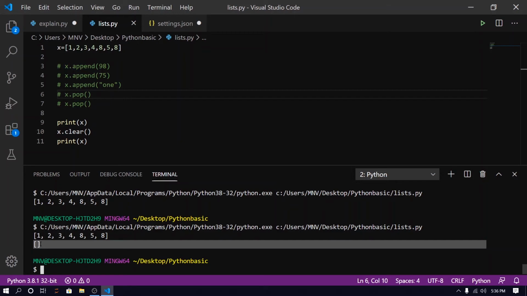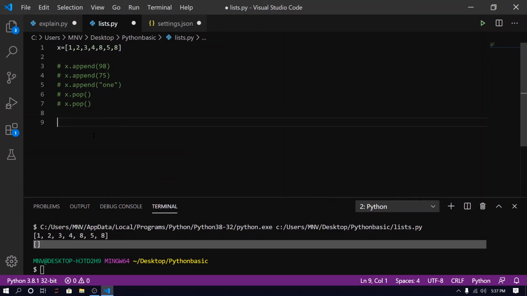So we have another method that is called the insert method. Now I'm going to show you. x dot insert.